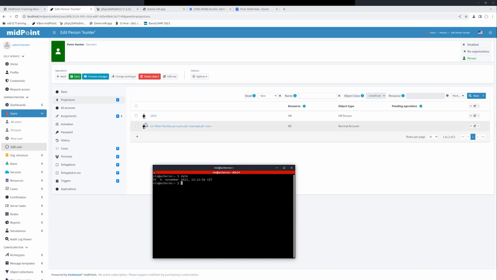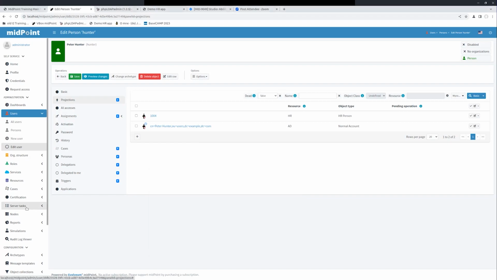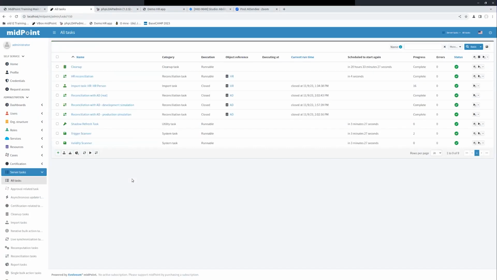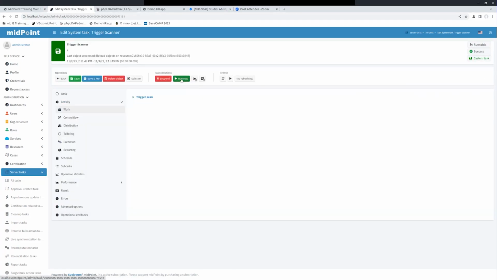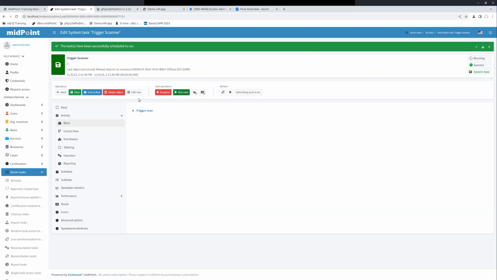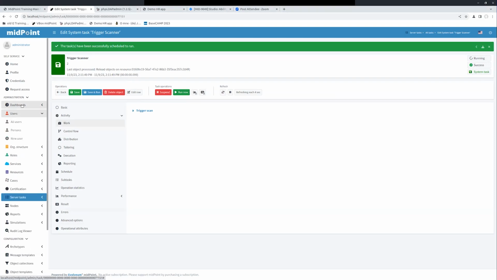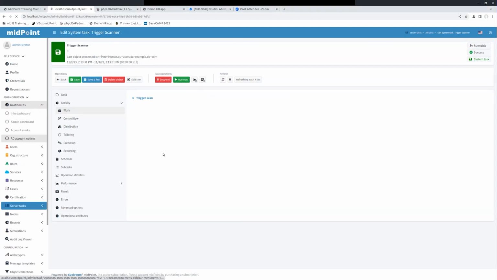Or at least 26 seconds after the minute, so still a few seconds. And I will make it faster. I will not wait until the trigger scanner task, which is default in midPoint, which is to be executed in 3 minutes. It's running each 5 minutes. I will make it faster by executing that immediately. Now, if everything is correct, I should be able to see on that dashboard with AD account